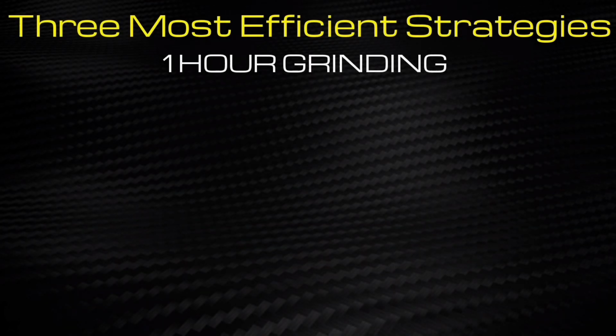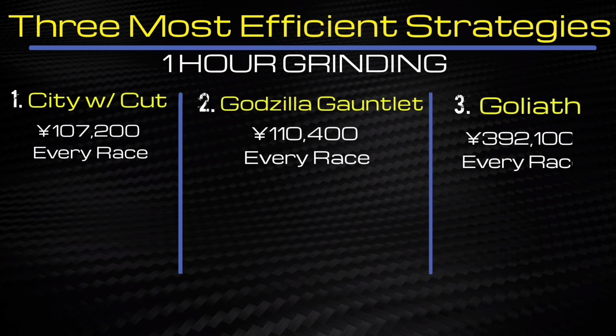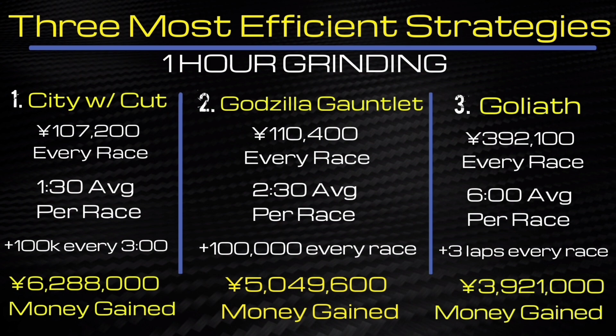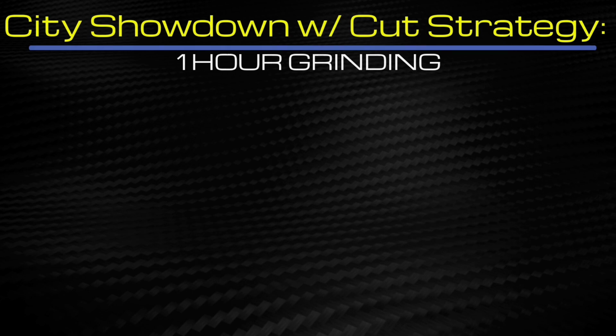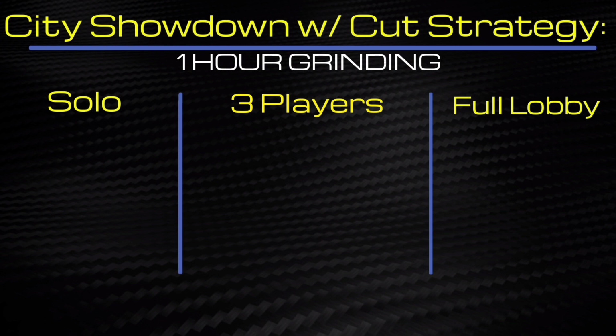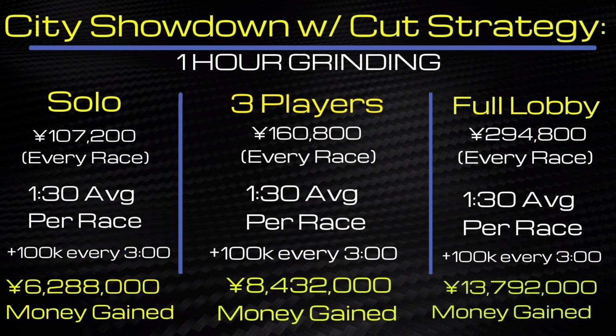Now, the 3 most efficient strategies would be City Showdown with a cut, Godzilla Gauntlet, or Goliath. Those are the money and times that would take every single time to do one of these races. You get 6.2 million with City, Godzilla 5 million, and Goliath 4 million. However, if you have many friends that can play City Showdown, you can gain a lot of money very easily. A solo will be 6.2 million, 8.4 million with 3 players, and a full lobby will be 13 million. However, 3 players is unlikely and